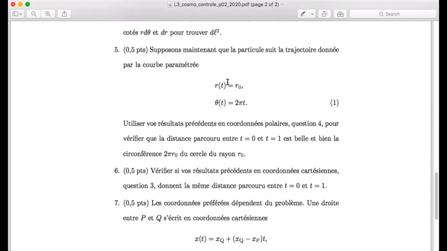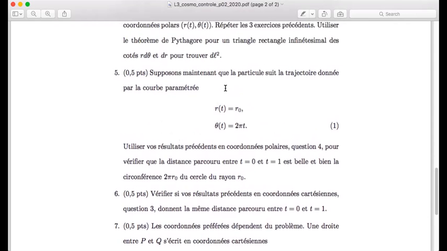We've got a circle here, and we're going to test those formulas that we've just gone through together, right? We're going to use our previous results in polar coordinates to find the distance along the curve